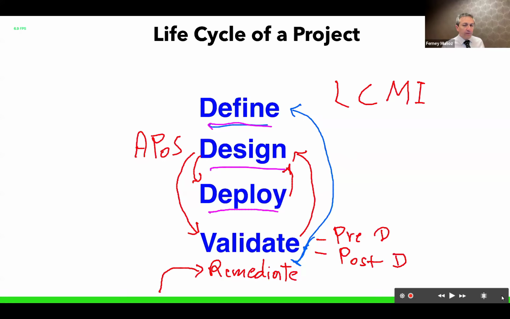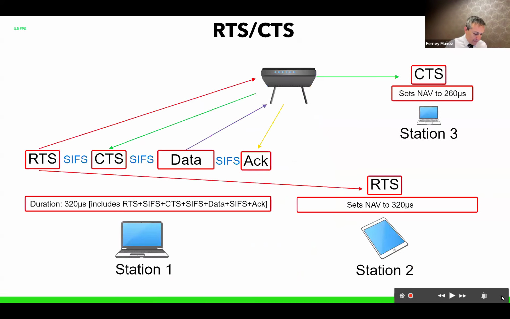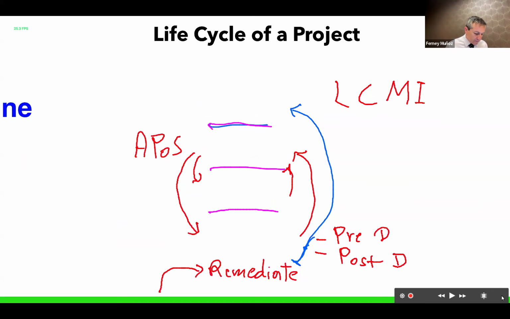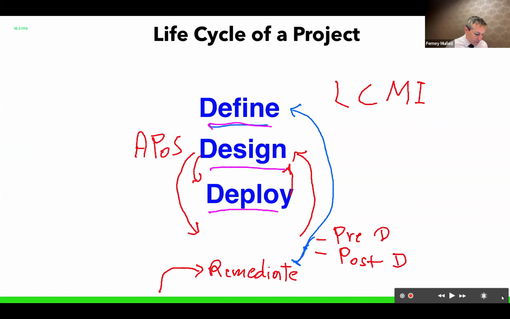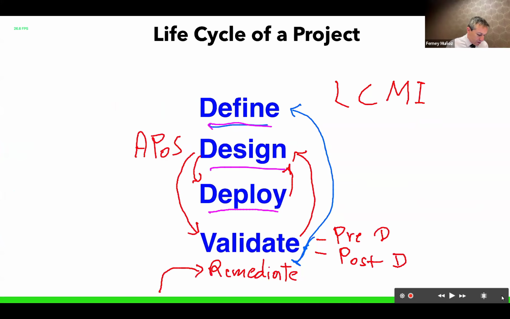Design, let's clarify a couple of things here. Design is simulating an environment. You get a floor plan, you simulate walls and doors and windows and attenuation areas, and you simulate APs. This is predictive design. When you go on site and measure the actual AP sending waves, that's a survey. Okay, this validation, where did it go? There you go: define, design, deploy, validate. This validation is also called survey in some cases.